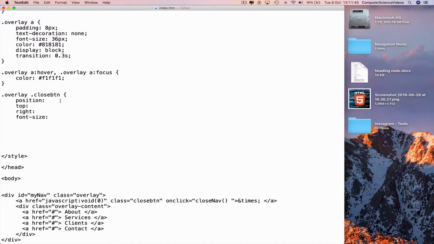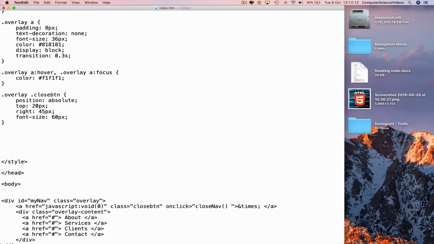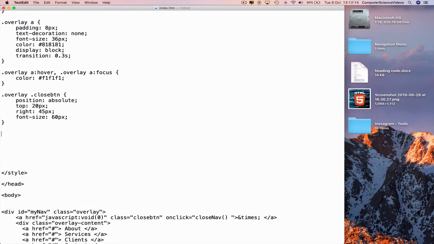Go back to the top, position, absolute, semicolon, top 20 pixels, semicolon, right 45 pixels, font size 60 pixels, semicolon, go to a new line, curly brace, and then go to a new line again,